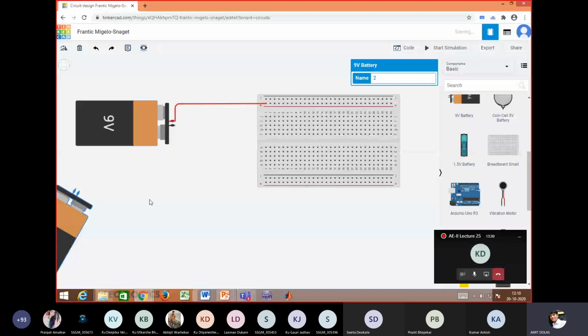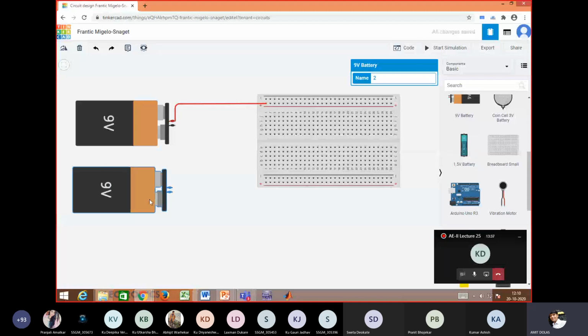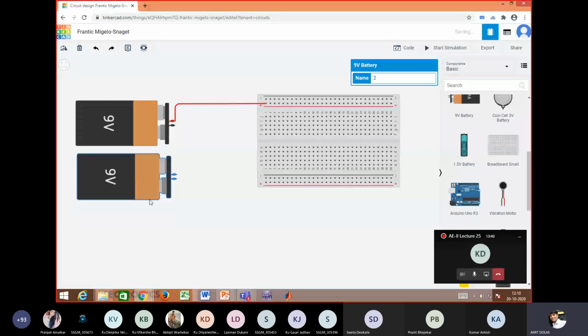To make a dual power supply I use two batteries. This is the negative of another battery. I'll connect it to the negative. We'll use some color, say blue for negative.